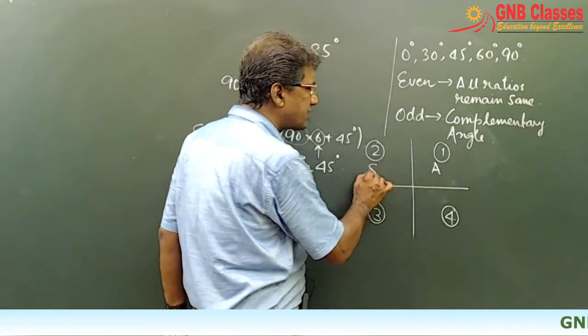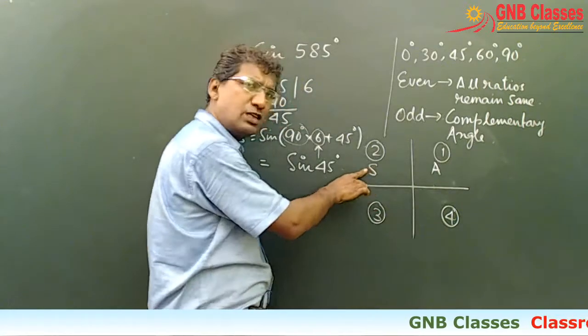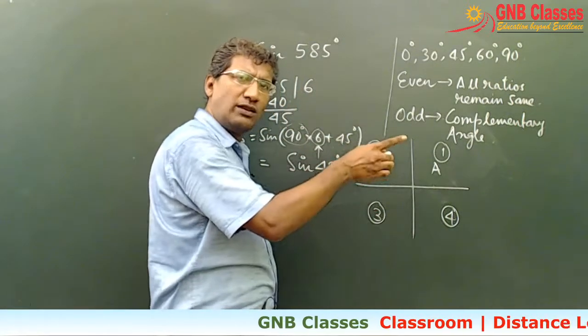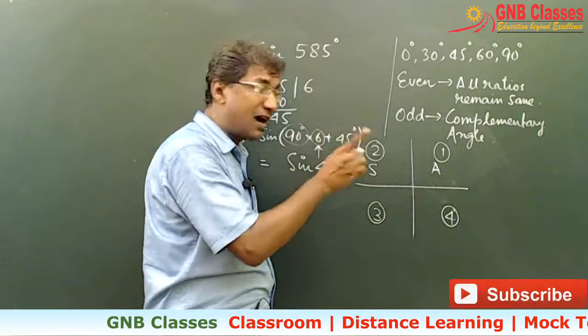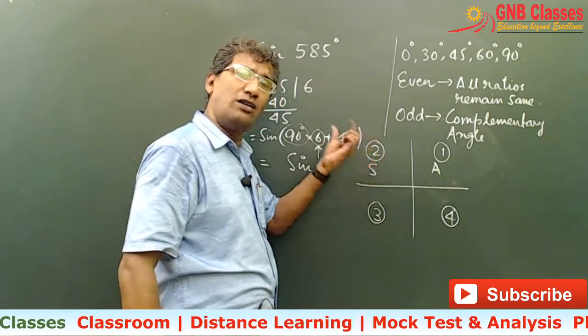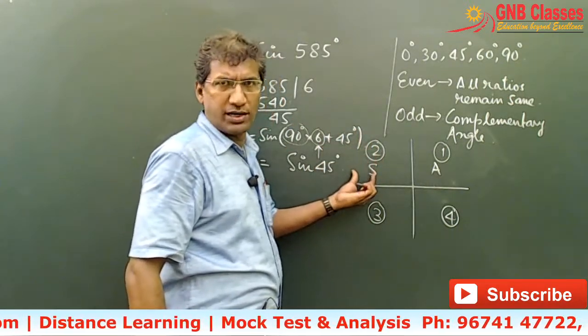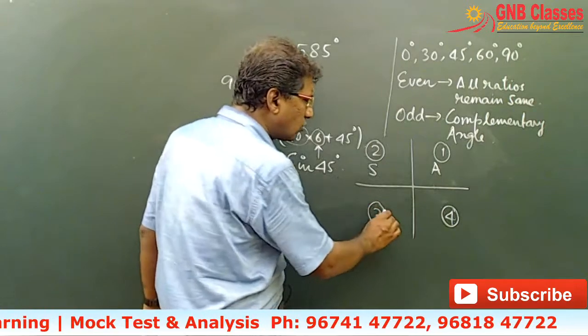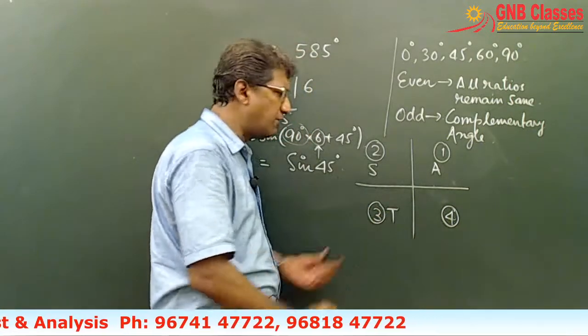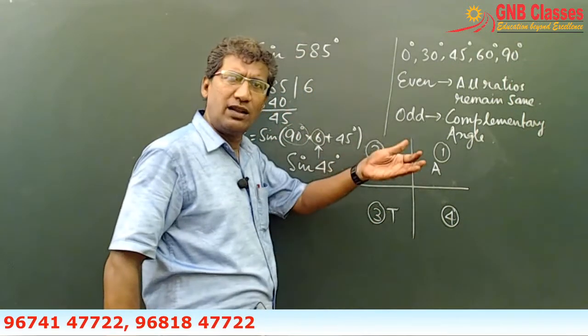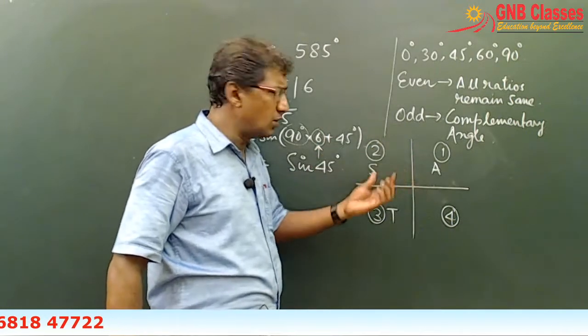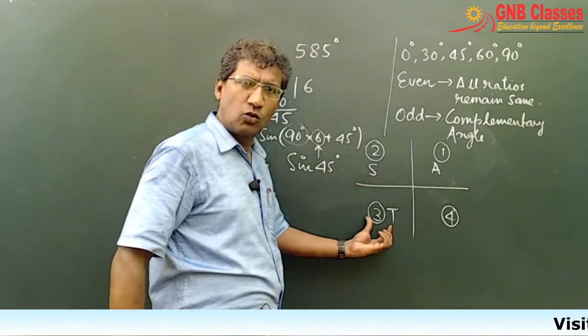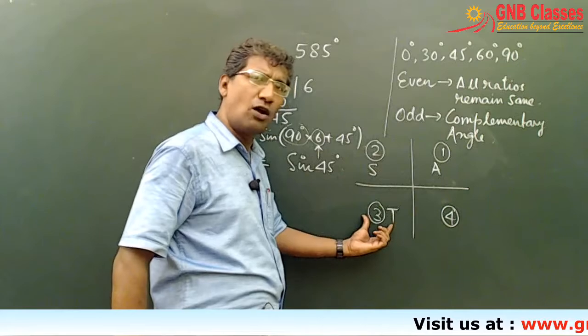In the second quadrant, sine is positive. If sine is positive, then its reciprocal, that is cosec, is also positive. But other ratios are all negative in the second quadrant. Is it clear? In the third quadrant, your tan is positive. If tan is positive, your reciprocal cot is also positive in the third quadrant, and the rest of the ratios are all